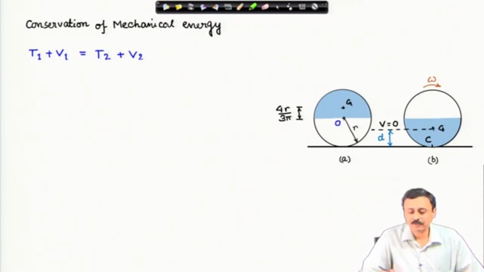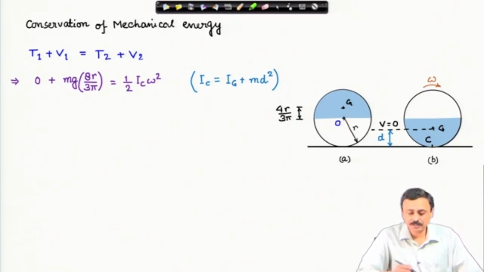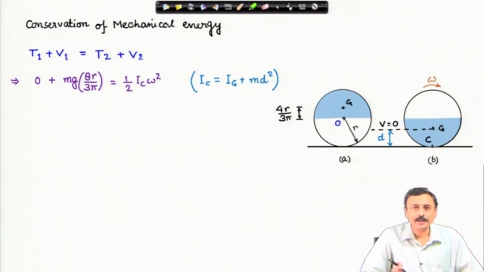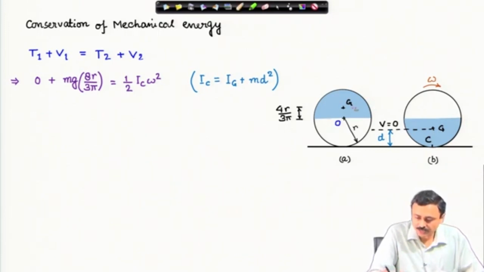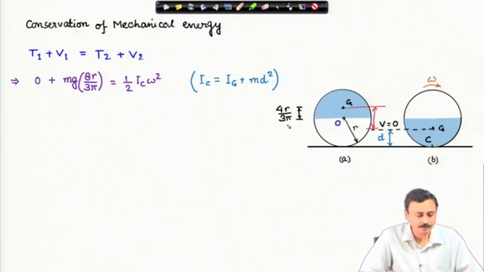A few things to note in this figure: I have marked out the center of mass of this semicircular disc. It is at a distance of 4r by 3 pi from O. I am taking the potential energy datum at the level of the center of mass in state B. In state 1, or state A, as shown in this figure, the initial kinetic energy is 0, it starts from rest. Potential energy is because of this height from the datum, which is 2 times 4r by 3 pi. Therefore, mg 8r by 3 pi is the potential energy in state 1,